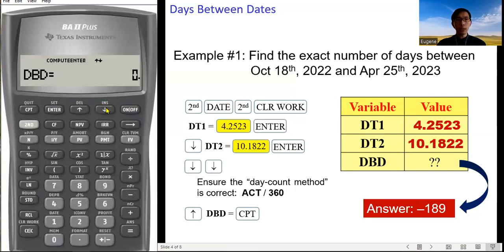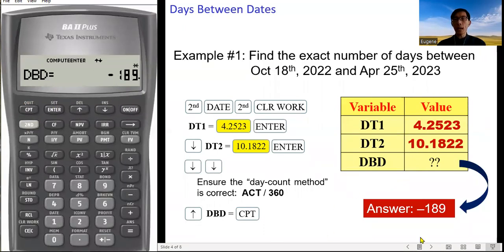When you compute the DBD, you get a negative value, negative 189, because we are counting the days backward from April 25th, 2023 to October the 18th, 2022.